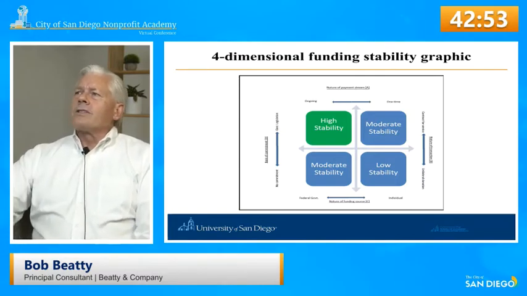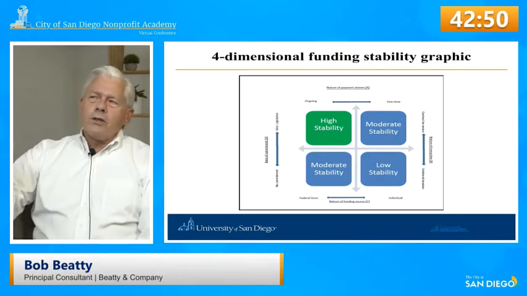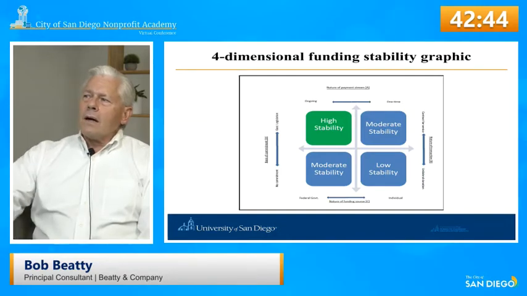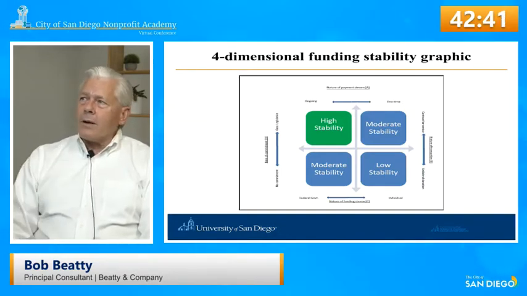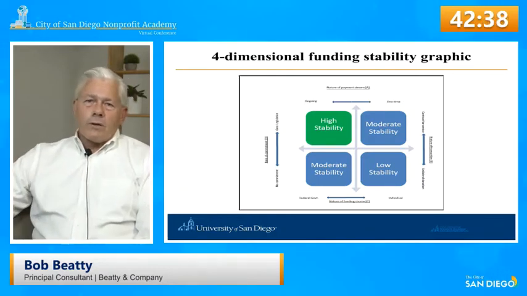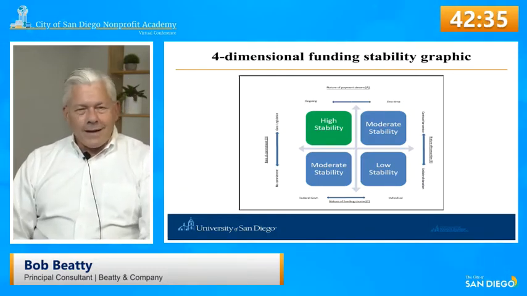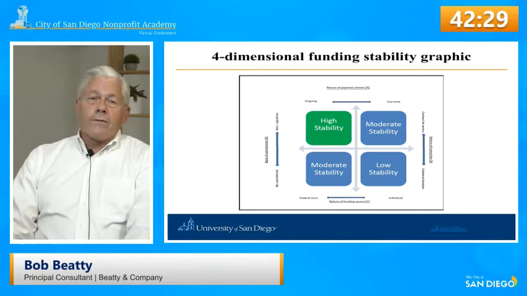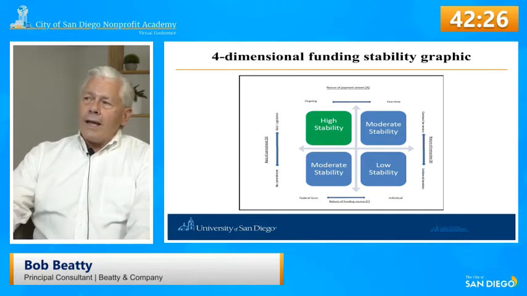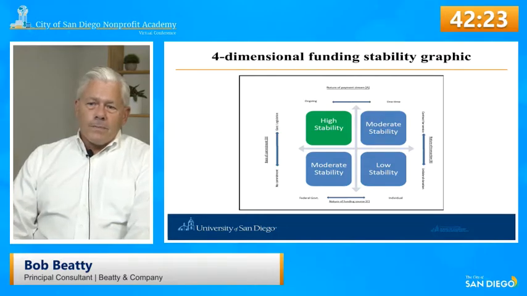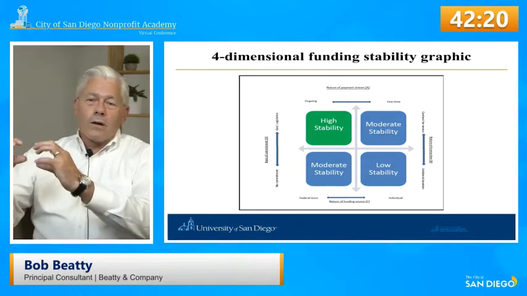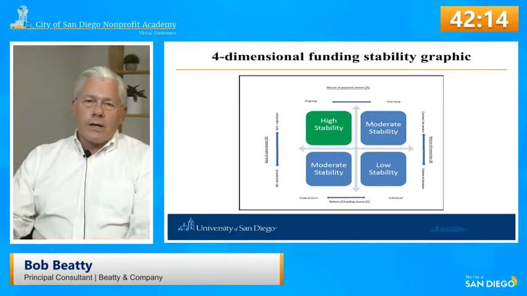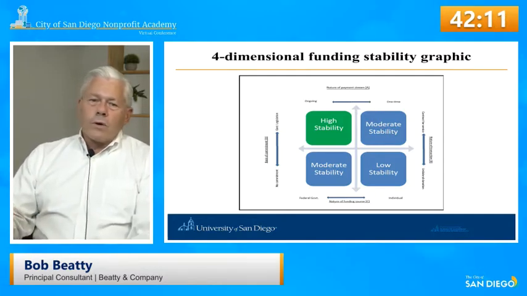And so what I usually do is I have a scale of, the continuum is a 1 to a 4 on each one of the 4 continuums. And I take each revenue stream and I layer it up here, and I say, is it fully to the left, fully to the right, or somewhere in the middle, and pick a point. Again, it's not absolute science, but it's some level of objectivity. And you do that for each one of the 4 dimensions. And then you take a weighted average of the sum of those numbers for each of your revenue streams, and you'll come up with a number somewhere between a 1 and a 4 overall for your funding stream.